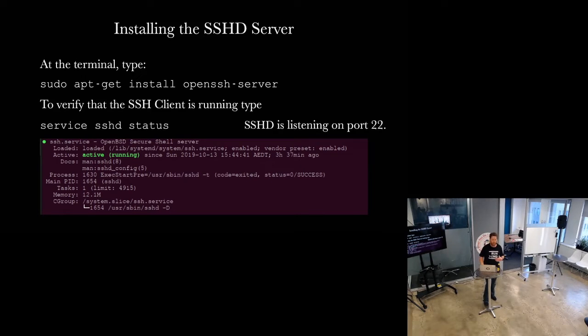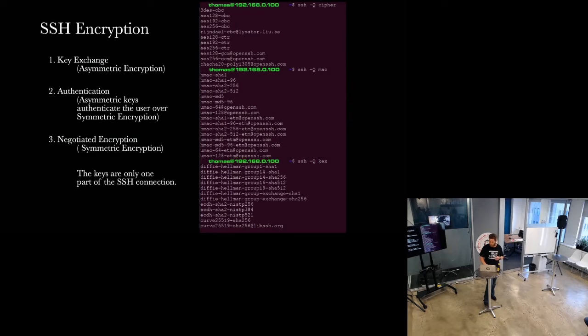Although it's highly advisable if you're going to run your own OpenSSH server that you put it on another port, a higher port, and I'll show you why that is later on. So authenticating with SSH involves the three-step process where the public keys are exchanged. There's an authentication process that we'll cover next, and there's an agreed symmetric key which is used for the session. On the right-hand side, you can see the symmetric ciphers, the hashing functions, and the key types. These are all the ones that are supported on my machine that I've got at home.